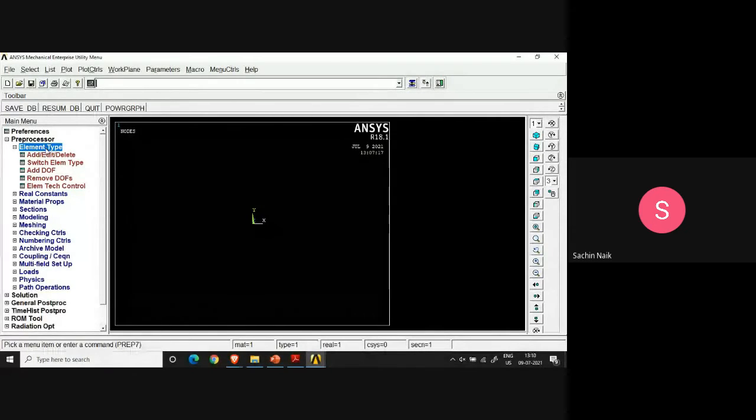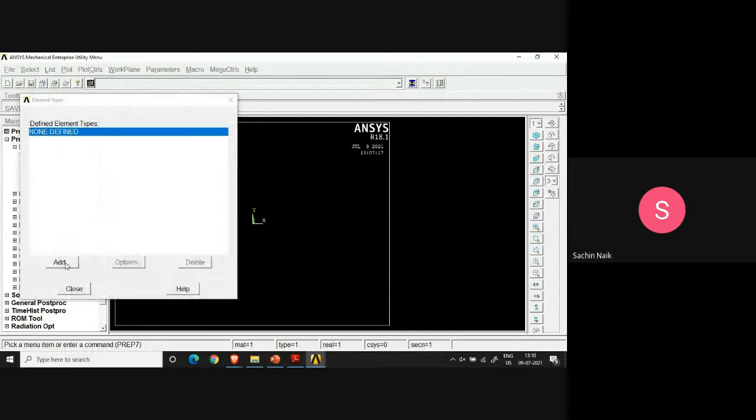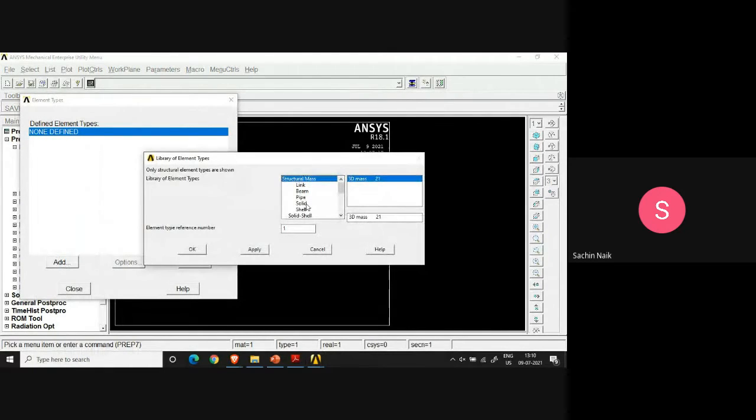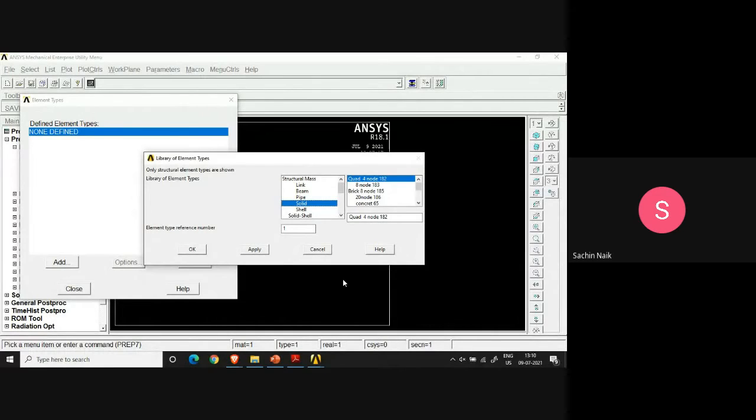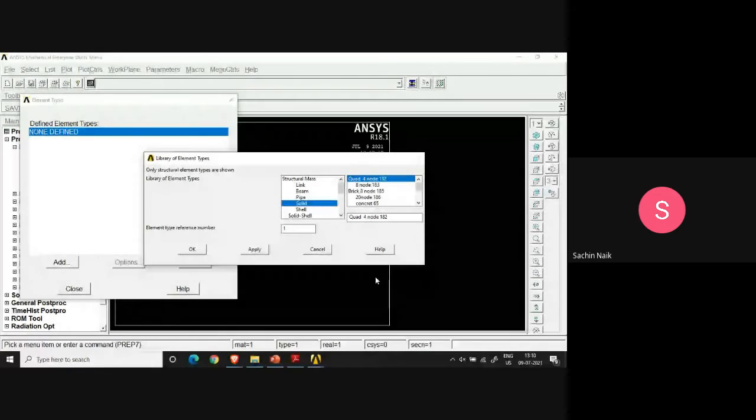So I go to add/delete elements, and then I add the element that we want to use here. You remember, Dr. Riker talked about a special element which can simulate the singularity at the crack tip. The 1 over root r singularity that fracture problems have can be modeled if the element locates its nodes at specific positions, which is called the quarter point element.